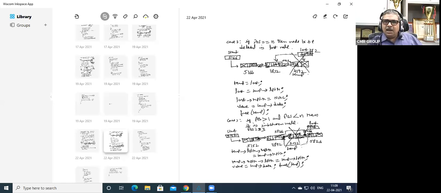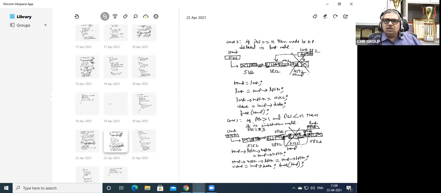So how to access the previous node's RPTR? It is temp arrow LPTR arrow RPTR. So temp arrow LPTR arrow RPTR is equal to temp arrow RPTR. And temp arrow RPTR arrow LPTR is this particular location, which is equal to temp arrow LPTR, the previous node address. So the links have been established, right?